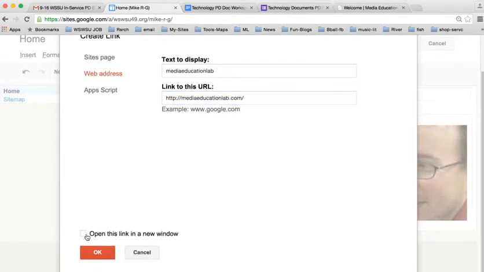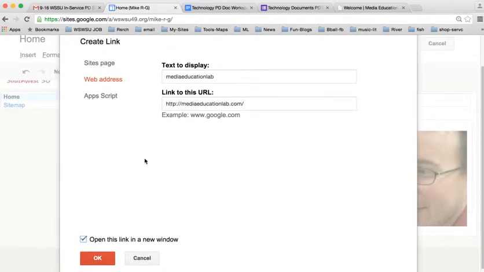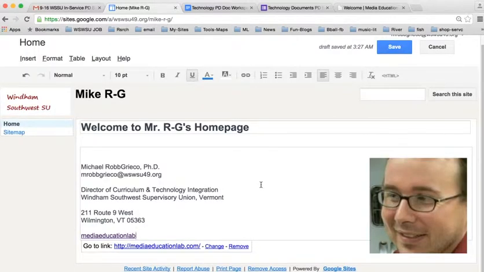And I always have things open in new windows because I want people to be able to come back to my site on their tab without using the back button. That's just a style thing. I don't want to send people someplace else, especially when it's not within my site. So I click OK, and you see all these other things that are the same tools that you can use